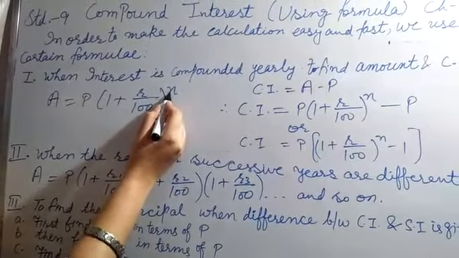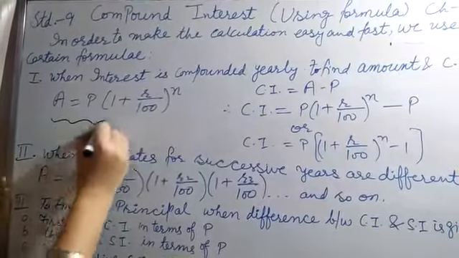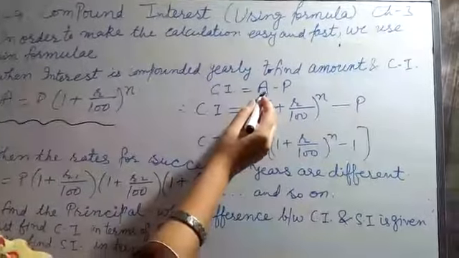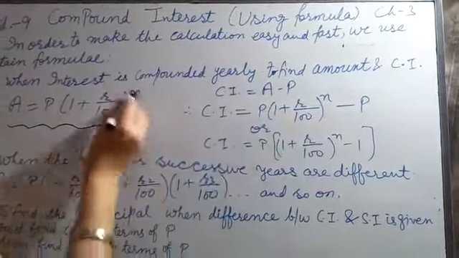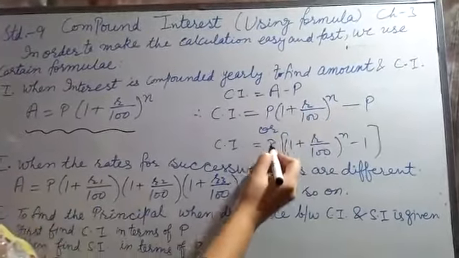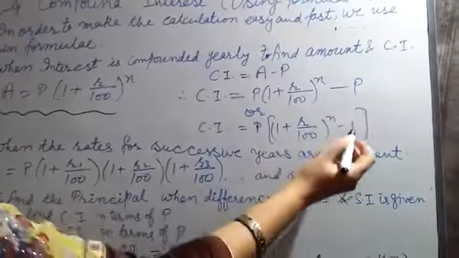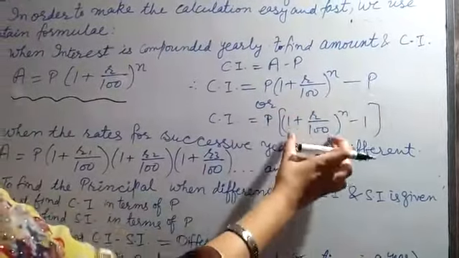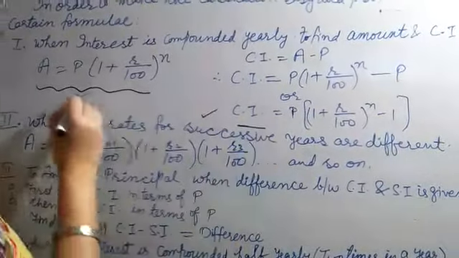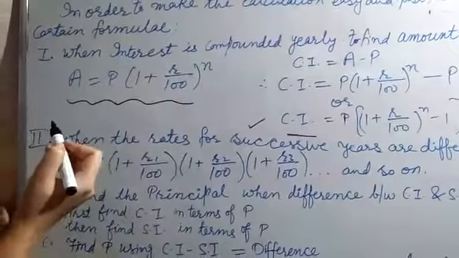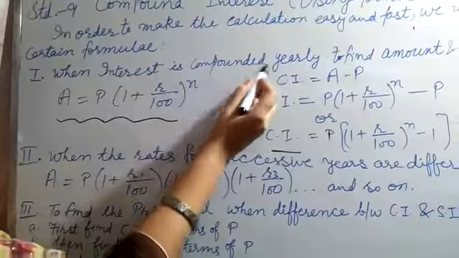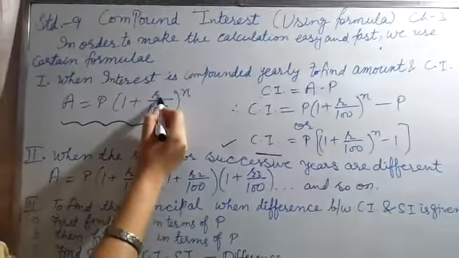stands for the time. So if you learn this formula, we know that compound interest is equal to amount minus principal. So the amount's formula we will write the same here, minus principal. When we take p common, the same formula can be written like this also. Taking p common, inside is left 1 plus r over 100 raised to n, minus 1. So this is the standard formula for compound interest and this is for amount. Dear students, we use this formula when interest is compounded yearly and a single rate is given.